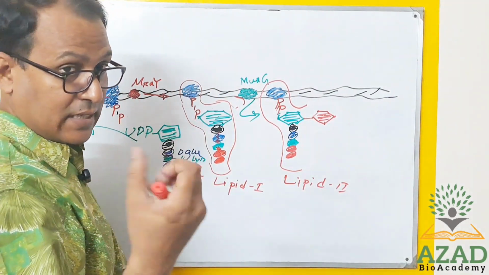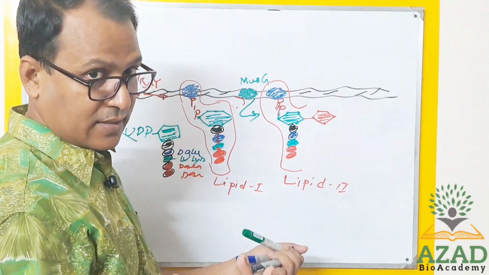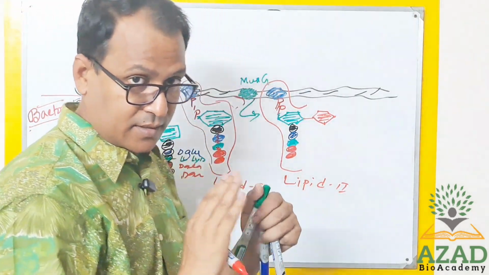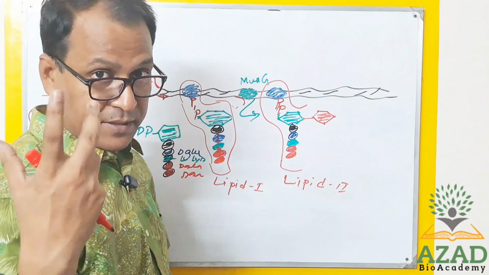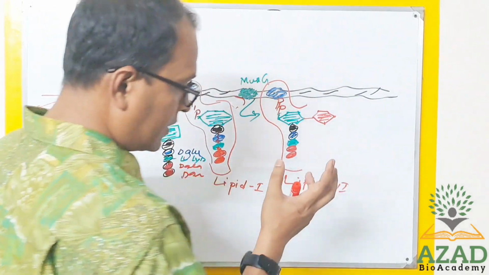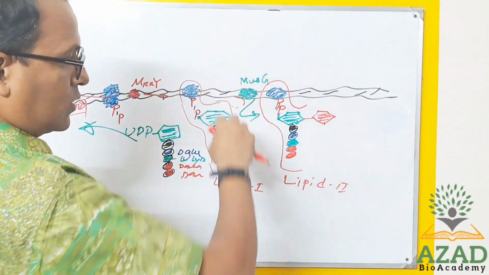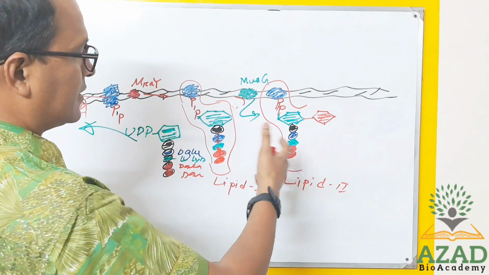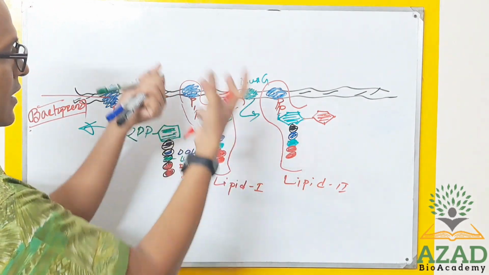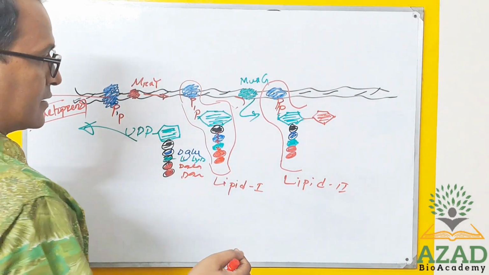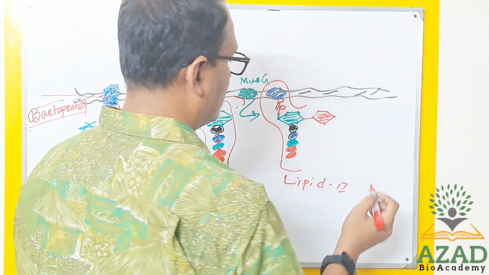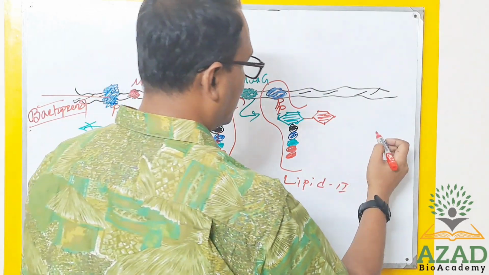carry pentaglycine. But if you think of E. coli, it does not have any pentaglycine. Okay, so I will explain later what is the function of pentaglycine, and without pentaglycine how it will form peptidoglycan. So now some enzymes will work here, that is